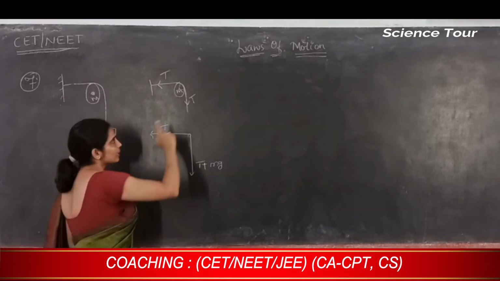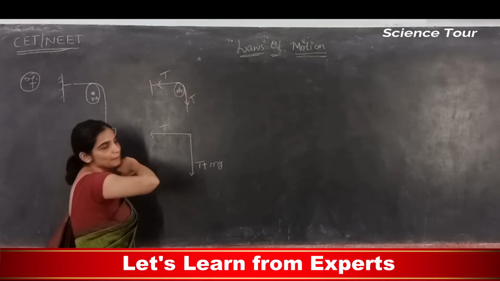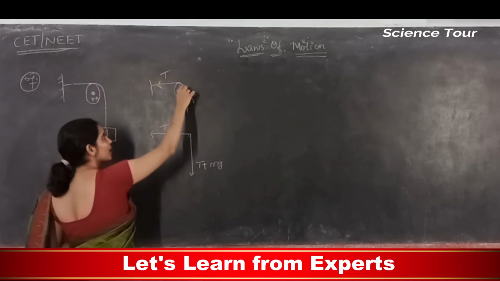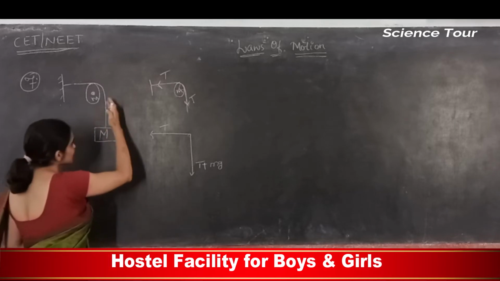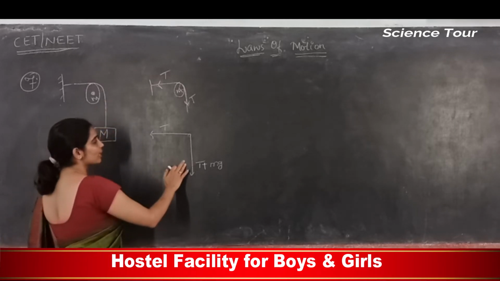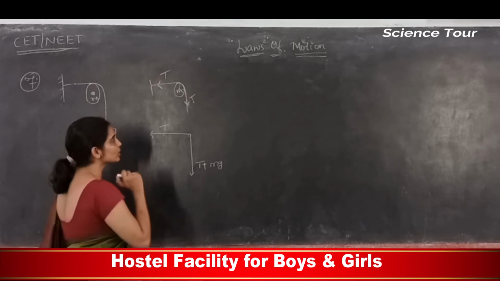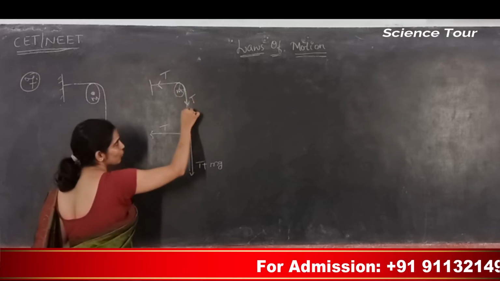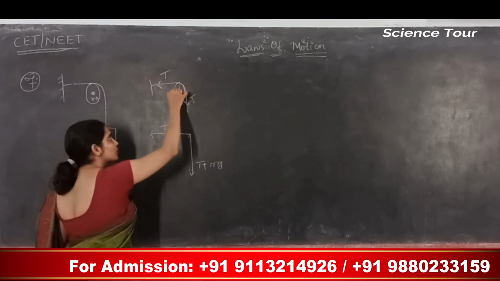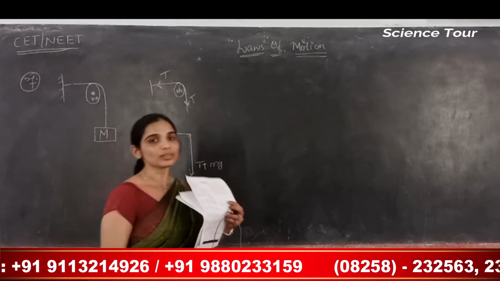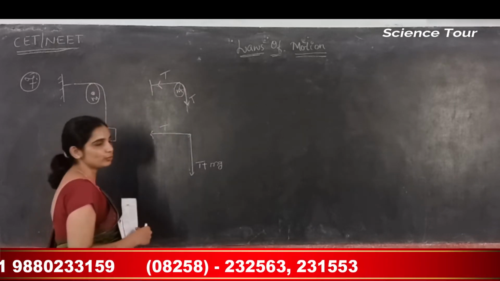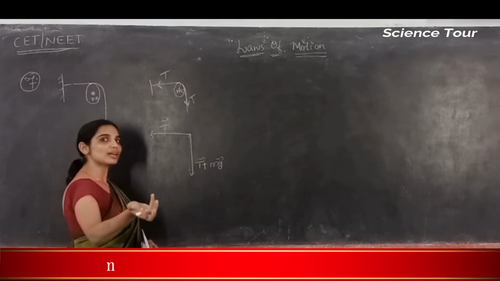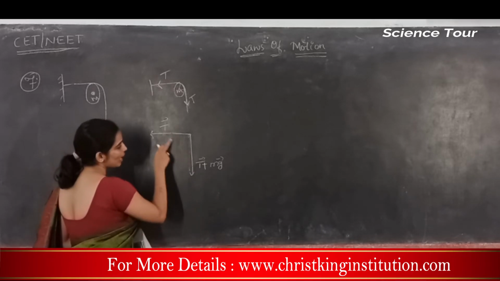I repeat. This is the free body diagram of the pulley. It shows one tension along this part of the string and another tension along the second part of the string. If you have to write the forces acting on the pulley, one is tension towards the left, another one is the tension of the rope plus the weight of this pulley, because the pulley has a weight since it has mass. See, tension is also a vector, weight is also a vector, because tension and weight are nothing but force. So these two are vectors.